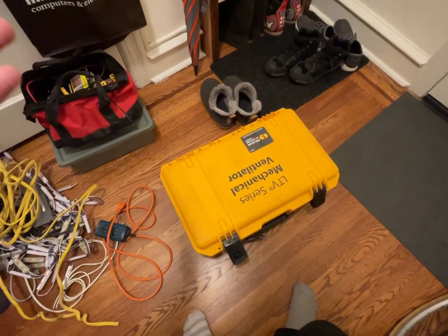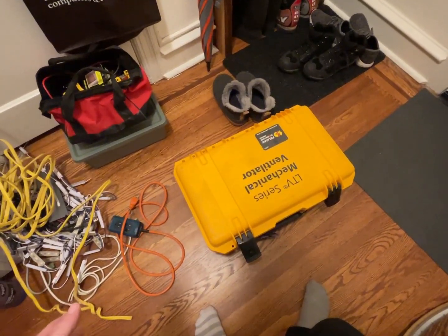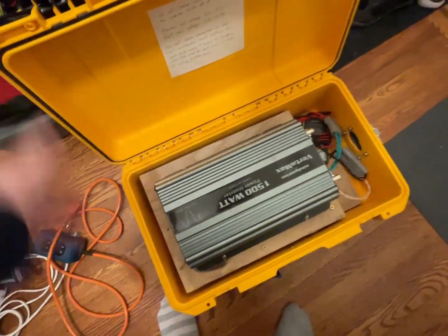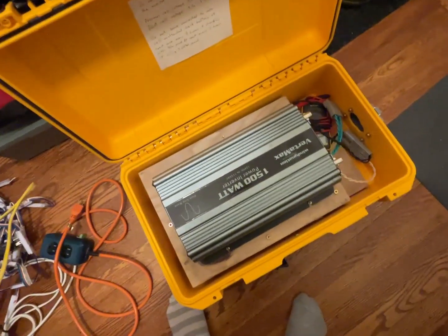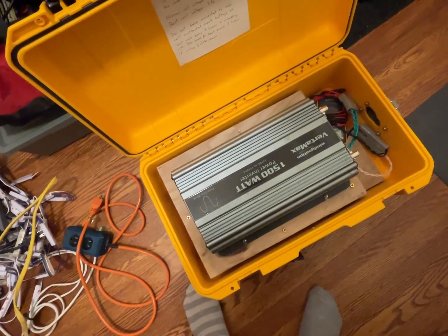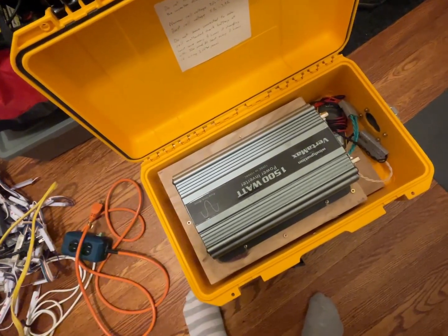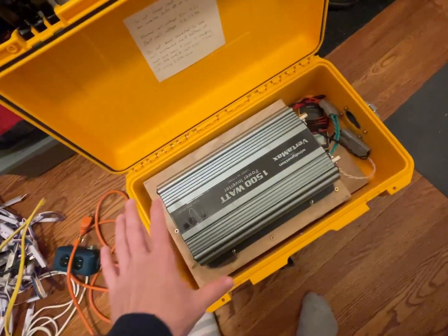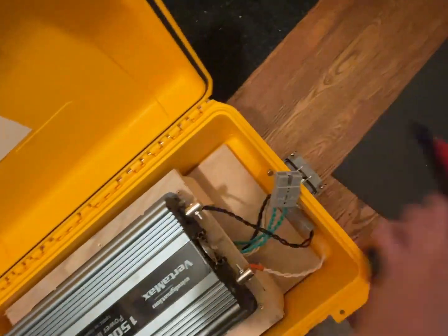So I've been having a rapid prototyping fest with this, catching up on projects, because a friend of mine wanted to rent my solar panel setup with my little solar panel because they were so impressed with it that they said, how could they make one? And I was like, well, I'll rent it to you for $30 a month. And they're all excited for it. But I felt bad that it was all just a bunch of random lithium cells and stuff. So before I give it to them tomorrow,